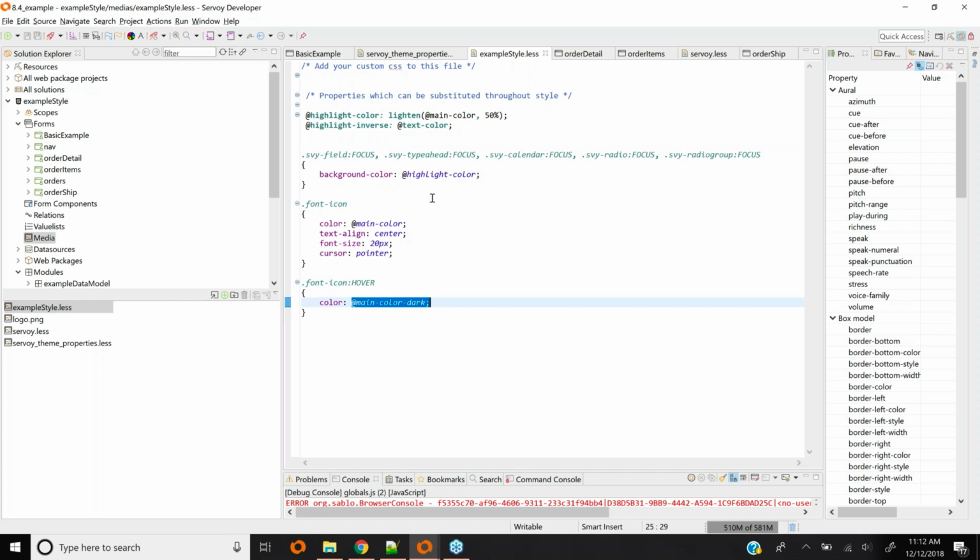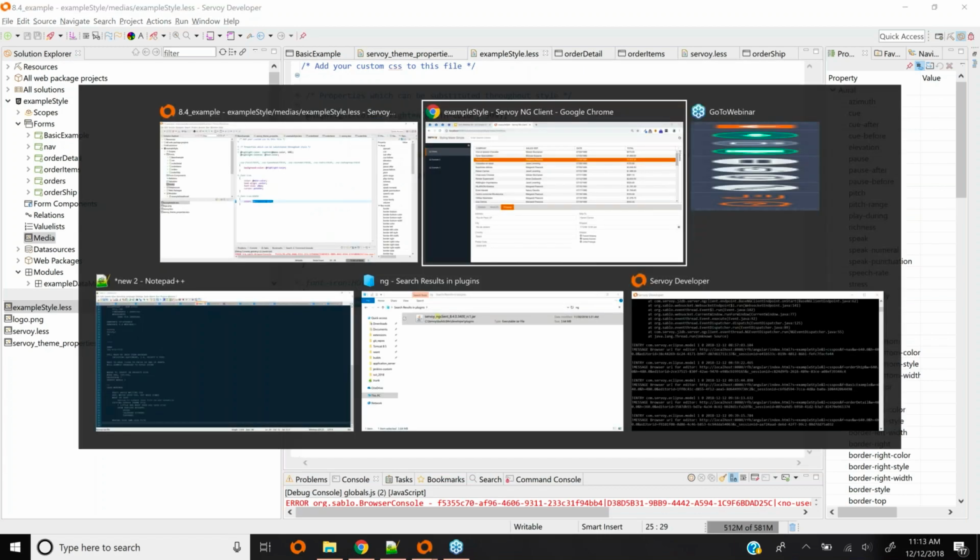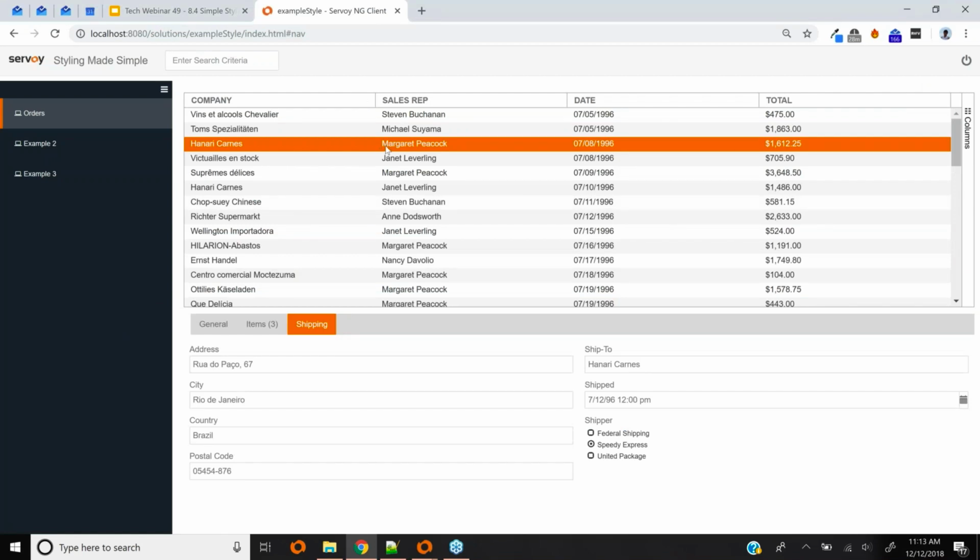So if you don't want to use CSS, it's okay. If you do want to use it and you want to go deeper, now you have the capability to use the less pre-processing and send everything through. So let's take a look. I did switch over the style back to the default orange and black, and